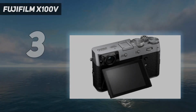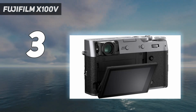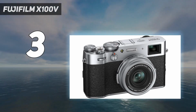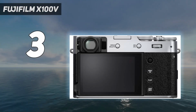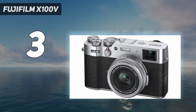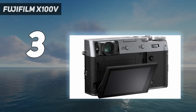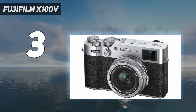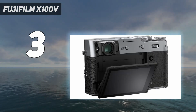At number 3. Fujifilm X100 V. The Fujifilm X100 V isn't just a good-looking camera, it also takes excellent photos thanks to a 26MP APS-C X-Trans CMOS sensor, and an updated lens design improves macro performance. The lens on the front is a 23mm f/2.0 prime lens, giving a 35mm equivalent in 35mm terms. You'll also find Fujifilm's latest film simulation modes, with a number of black and white film options, including Acros, as well as the option to add a film light grain effect to images,